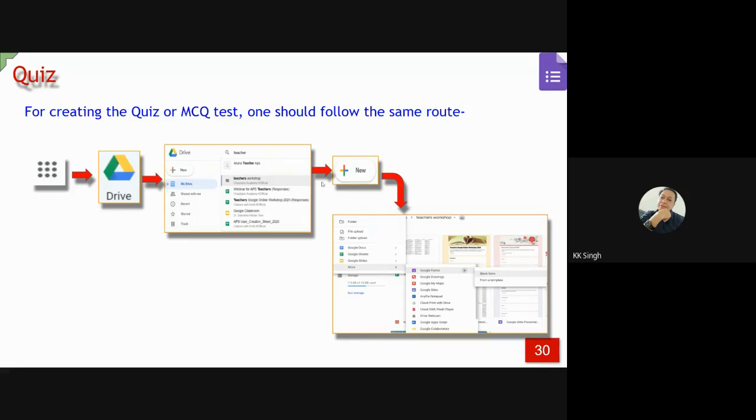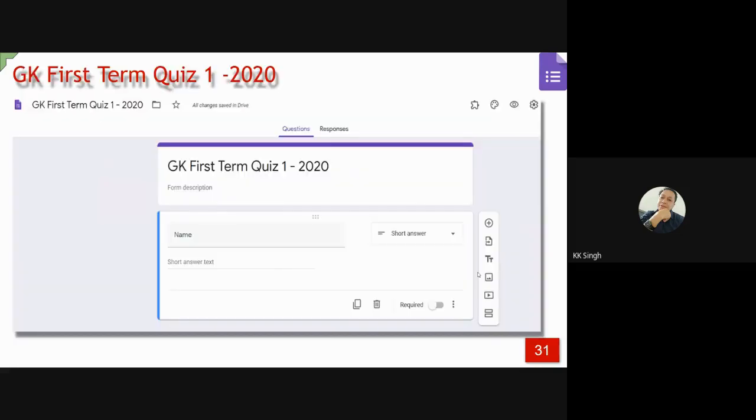From the folder, again, this is the same. You have to come this way. This is the path. And from New, you'll come to Google Forms here and click the blank form. This is the path. So this is your GK first term quiz 1 2020.